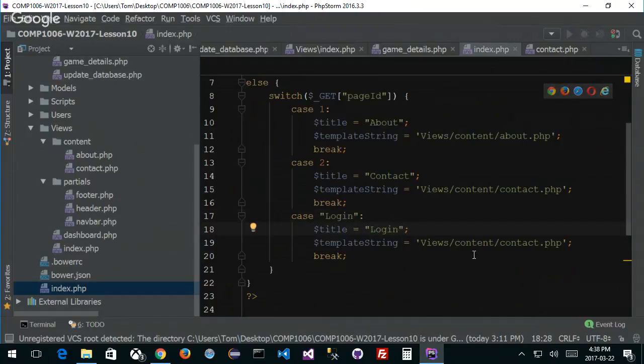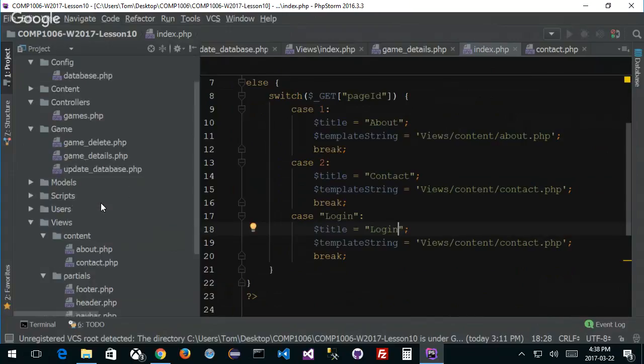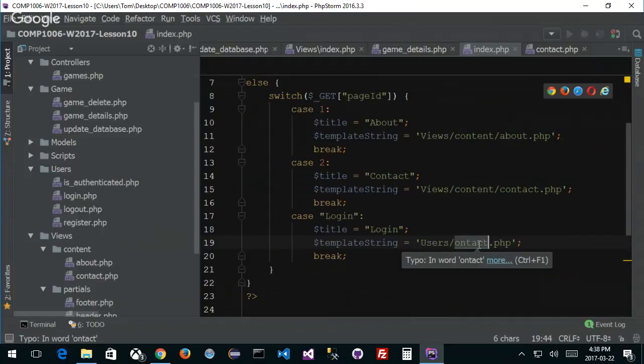And my template string is not views content contact, but rather my login page, and that's under, if I'm not wrong, users, users login.php. Let's just check this out if it's possible. So if I go login,